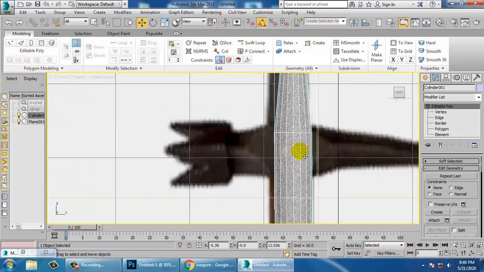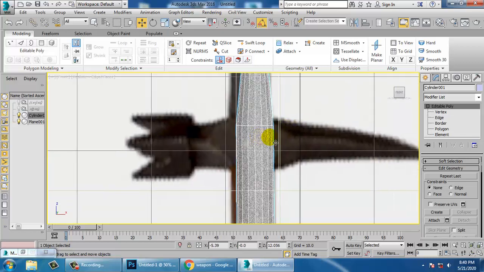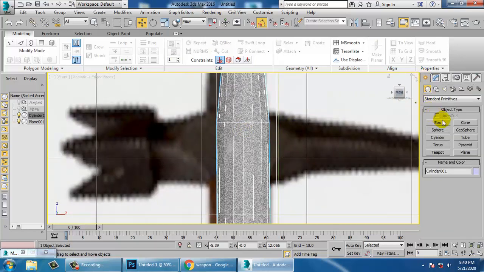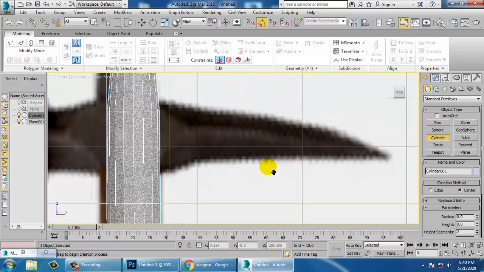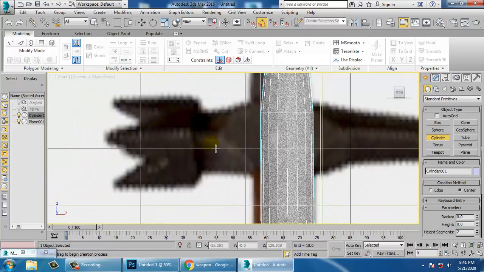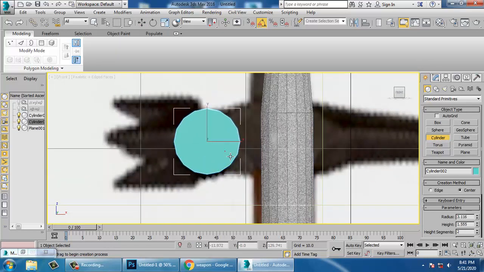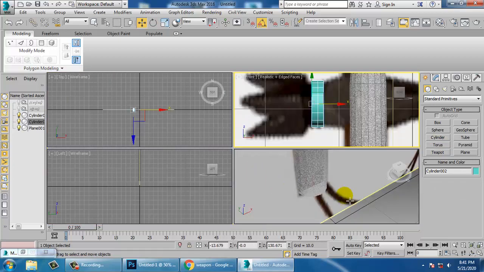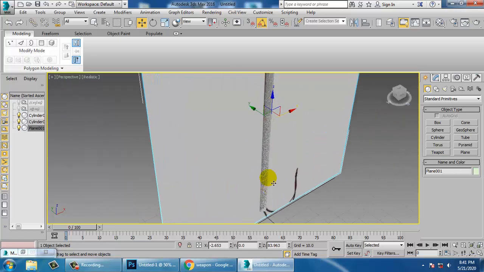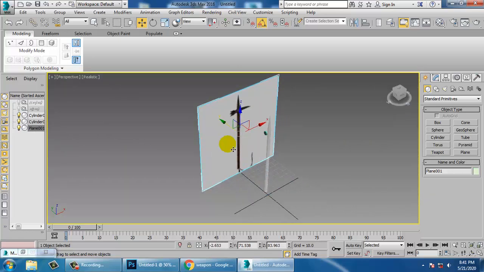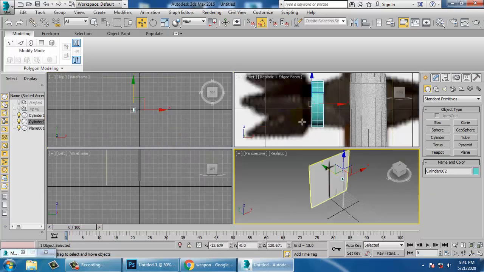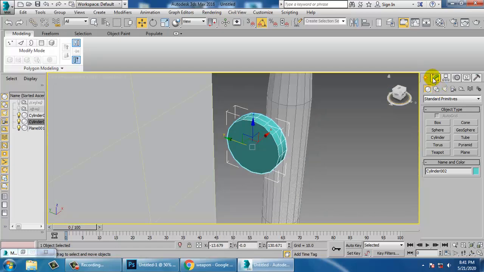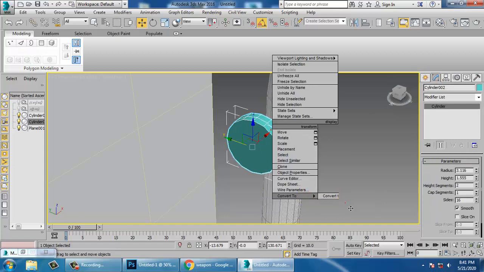Alright. So how you're going to create this part over here, you have two options. You can go with the cylinder. So let's take again a cylinder over here, let's rotate it. Very first of all, select the cylinder and convert to editable poly.